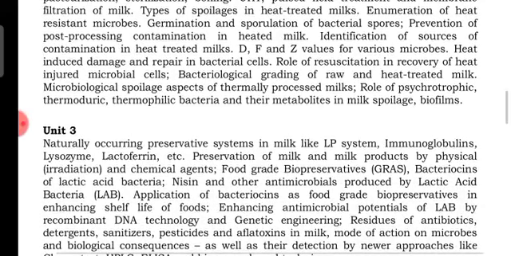Unit number 3 is naturally occurring preservation systems in milk like the LP system, immunoglobulins, lysozyme, lactoferrin, etc., and preservation of milk products by physical irradiation and chemical agents; food grade biopreservation, GRAS, bacteriocins and lactic acid bacteria; nisin and other antimicrobials produced by lactic acid bacteria, LAB; application of bacteriocins as food grade biopreservatives